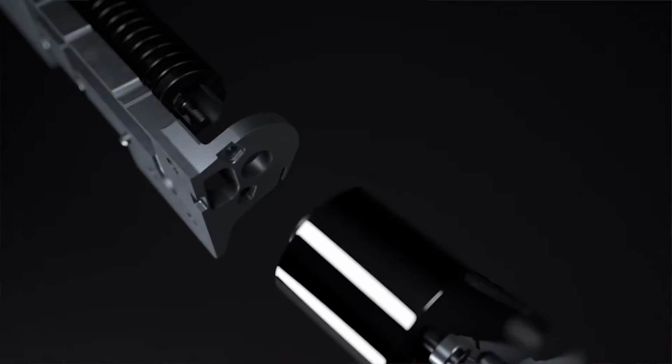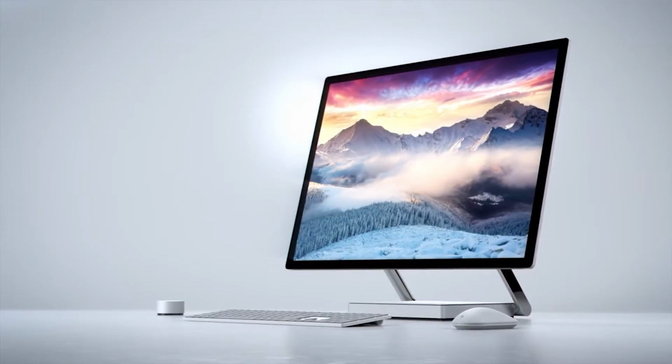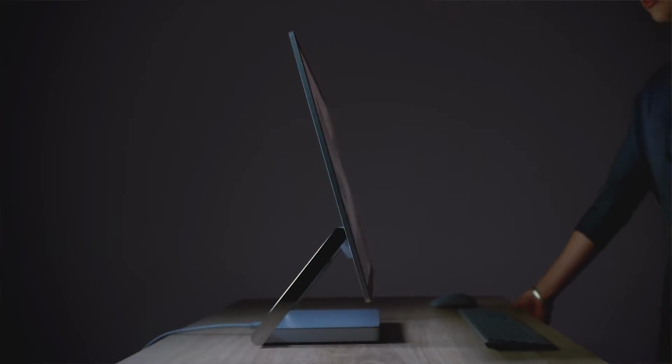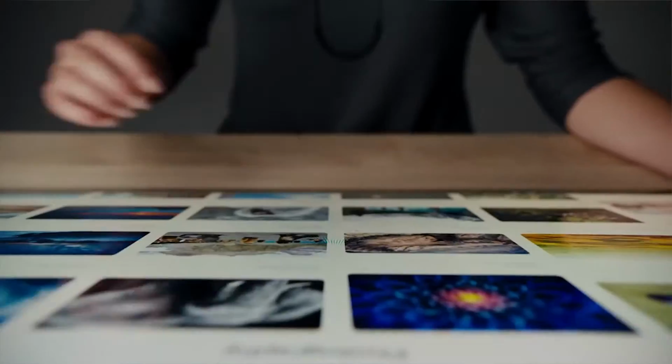Next on our list, we have the Surface Studio. This is a 28-inch all-in-one from Microsoft. This thing is an absolutely stunning all-in-one. Comes in at a pretty hefty price point, but as we'll watch the video here, it looks absolutely beautiful. It has a lot of cool features. It's very easy to move around and use as a tablet or use just as a gaming computer,